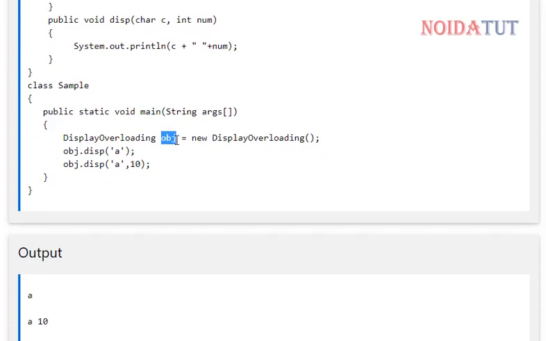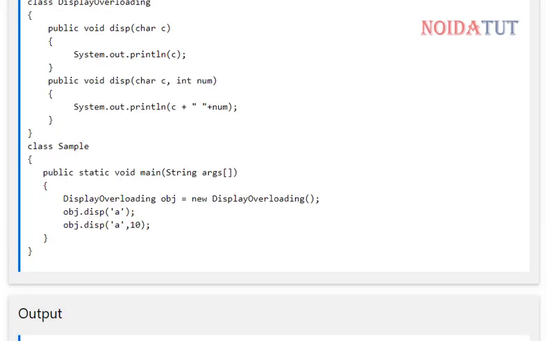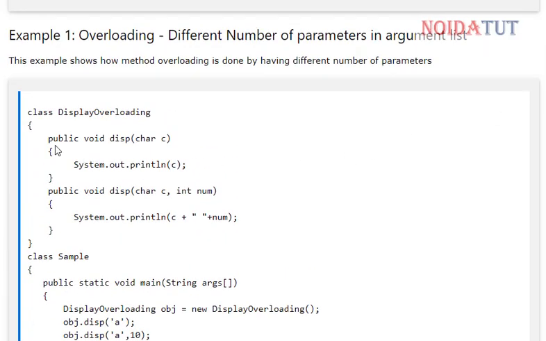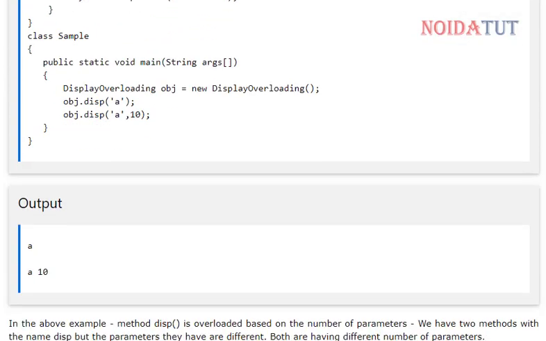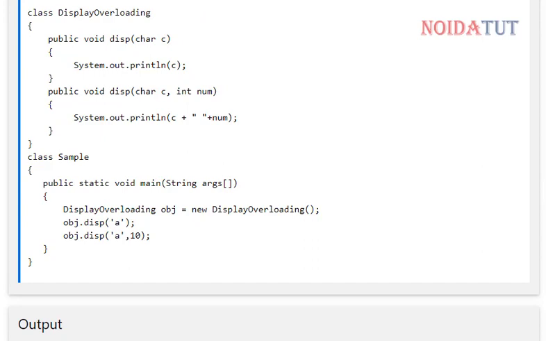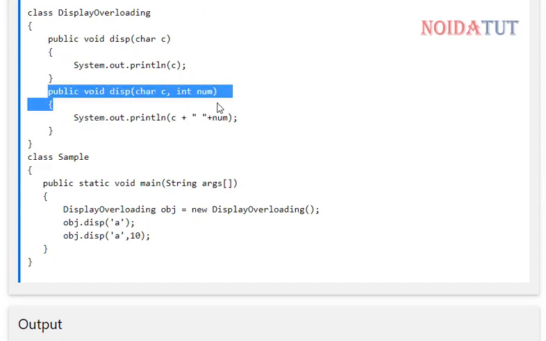Now in this we have created an object. You can see that when we are calling object.disp and giving just one parameter, it will call this function. Now if we have two parameters, the system is going to look for the function with two parameters.